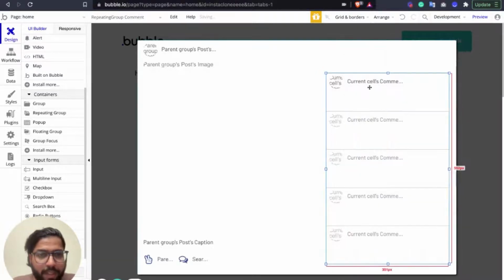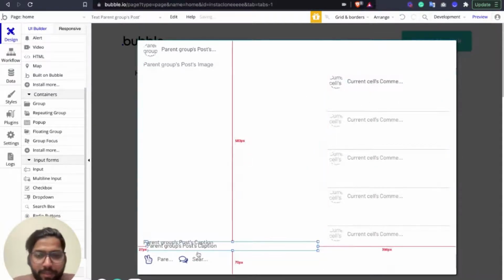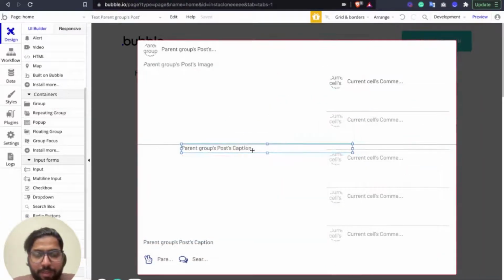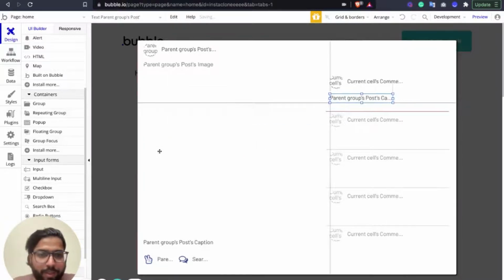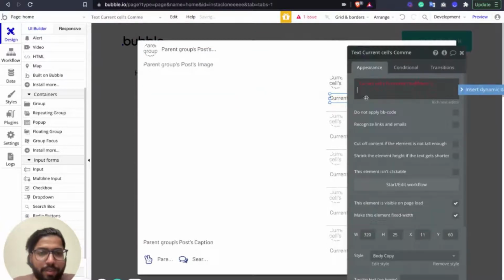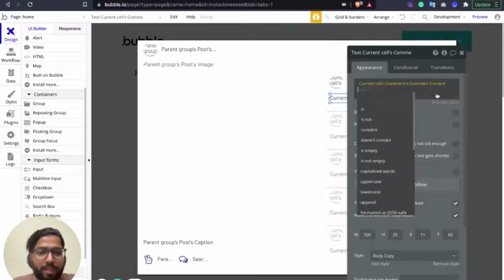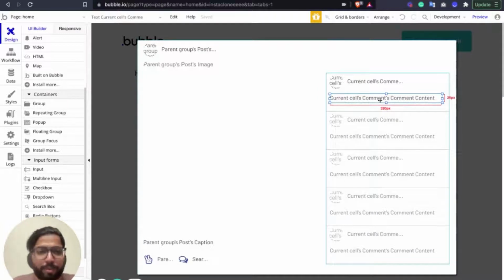Yeah. And now we're going to show the comment content here. It's going to copy, paste it. Oops, because it's not going to fit in. Yeah, now let's paste it here. Now you see all the things are here, but for that we're just going to change it to, okay, what we need to show: current cell's comment content. So it's going to show me the detail of whatever comment you have posted.